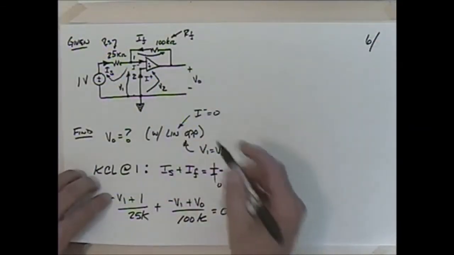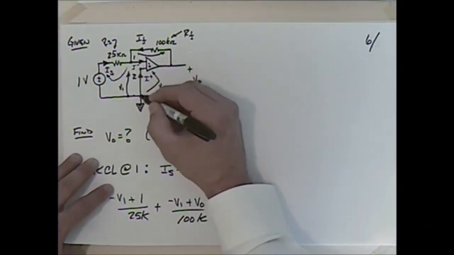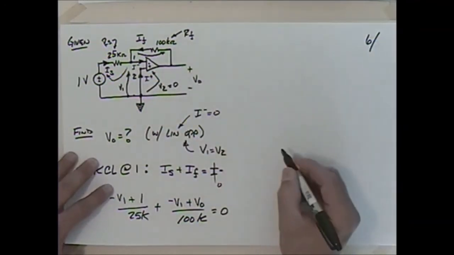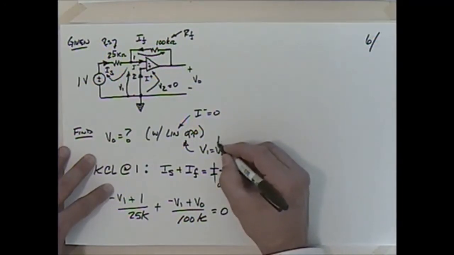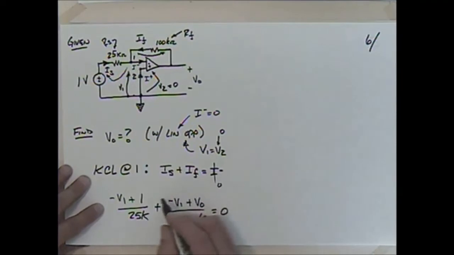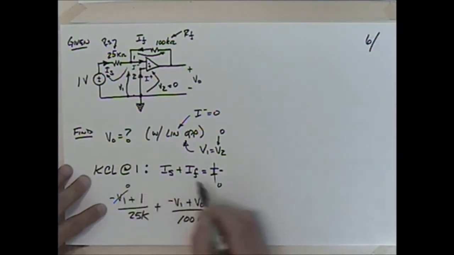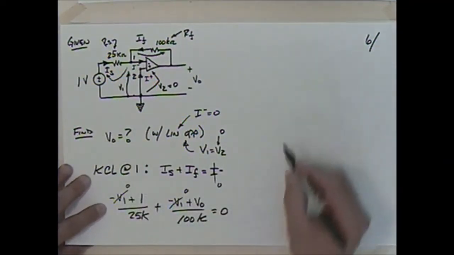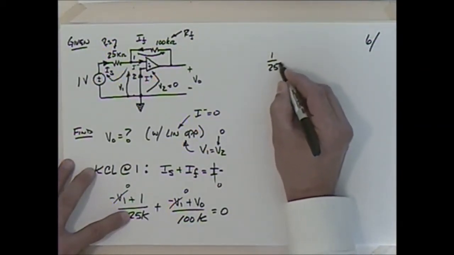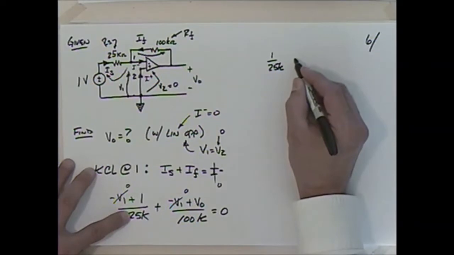But what's V2? Well, the voltage across that wire, there's no resistor in there, so that has to be equal to 0, right? So if you put 0 in there, what's V1 equal to? V1 has got to be equal to 0 then. So I could put that as 0, and I could put that as 0. Now I'm getting somewhere. I have 1 over 25K plus